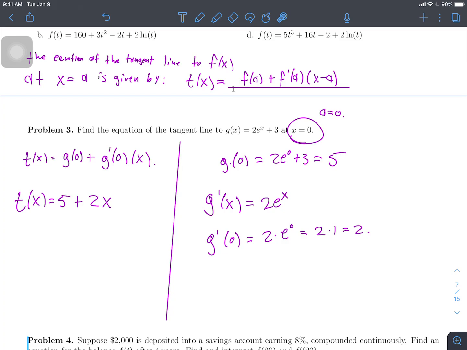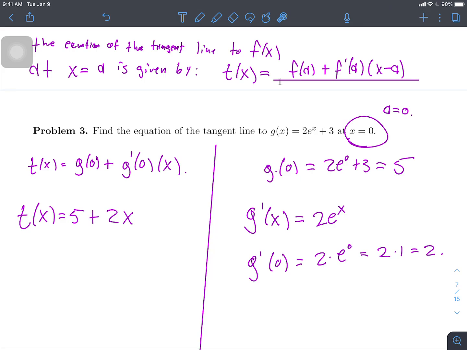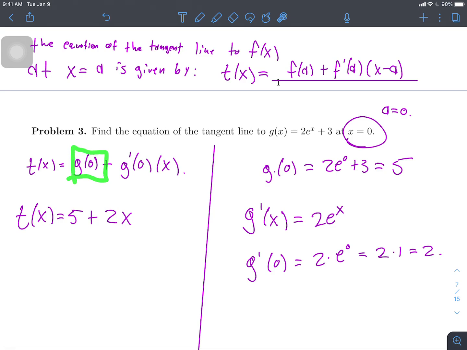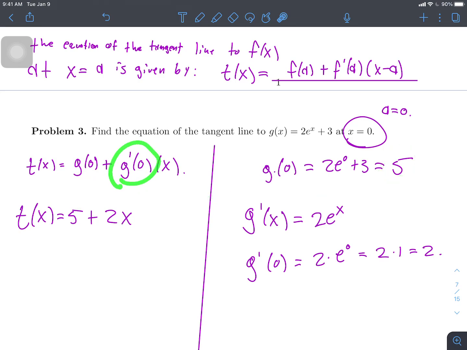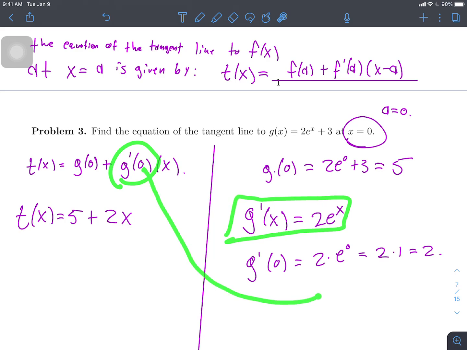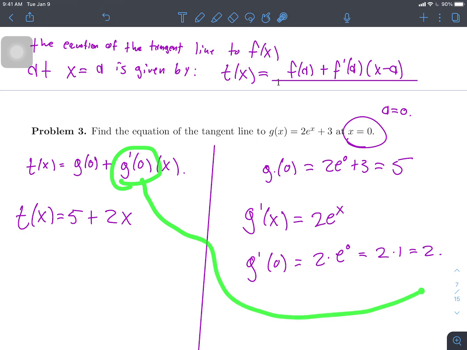Yeah, Christian? I don't know, I think I just spaced out when you put it all together at the end for the 5 plus 2x. Can you just explain that? Sure. So, I started with the original equation of the tangent line, f of a plus f prime of a times x minus a. And I identified from the problem that since I'm trying to do this at x equals 0, that's my a value. Okay? So, what I need to do is T of x equals g of 0 plus g prime of 0 times x minus 0, right? So, in order to find g of 0, what I did was I took 0 and I plugged it in for x in g of x. And when I did that, I got 5. So when I saw g of 0, I replaced it by 5. Okay. And then for g prime of 0, what I did first was I found g prime of x. And then again, I plugged in 0 where I saw the x. And when I did that, I got 2. So where I see g prime of 0, I know that g prime of 0 is equal to 2. So I replaced it